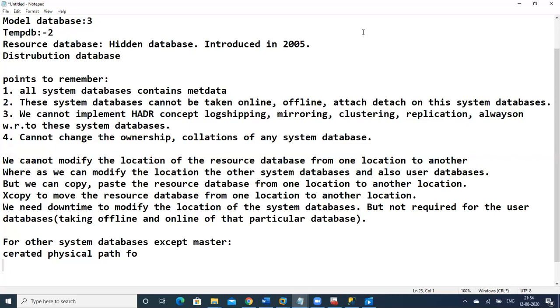Okay. This is with respect to system databases. I'm also having some documents with respect to